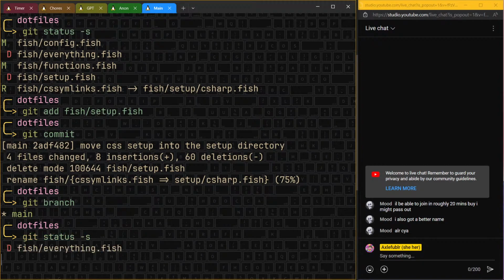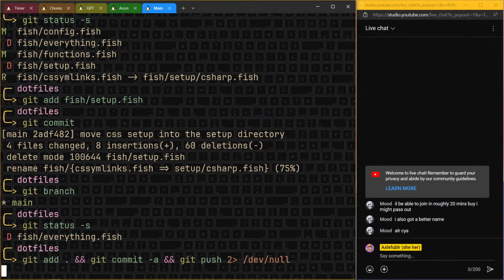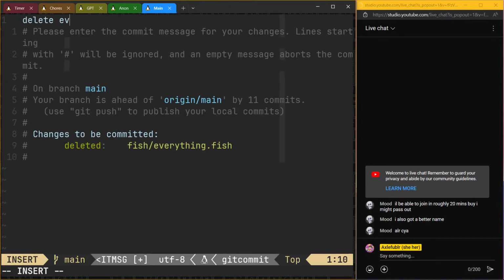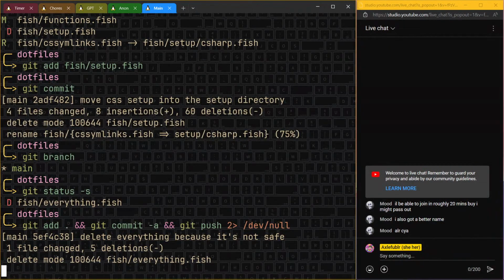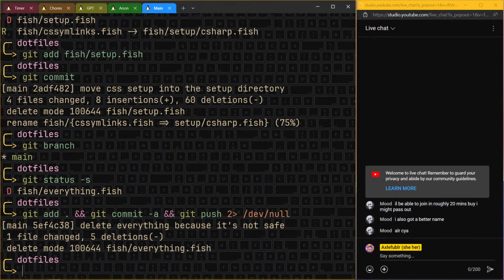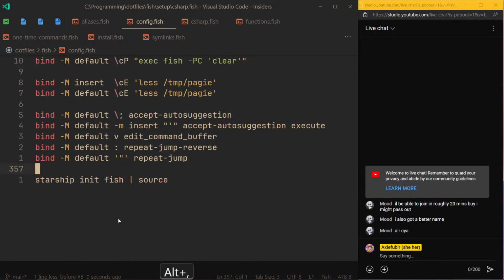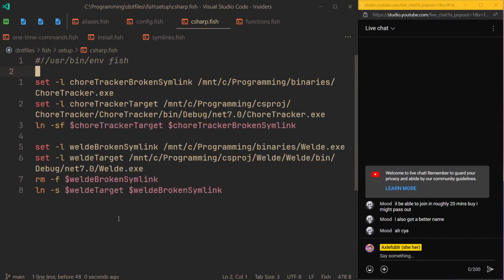Okay, and the other thing that we still need to commit is everything. So delete everything, because it's not safe. That's my explanation pretty much. Everything was a file that you could run. It's a fish script that would run the other fish scripts that you see here. But the thing is, I'm already too scared to run some of these files, like this one for example, because technically there are points of